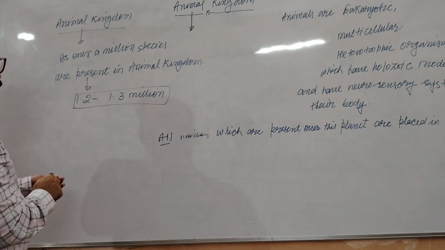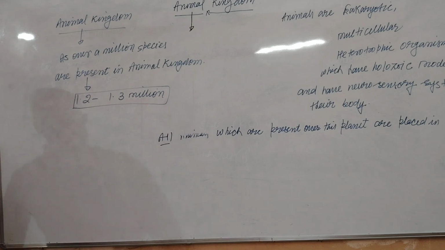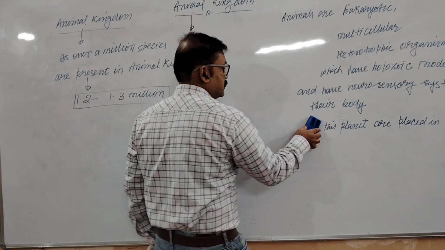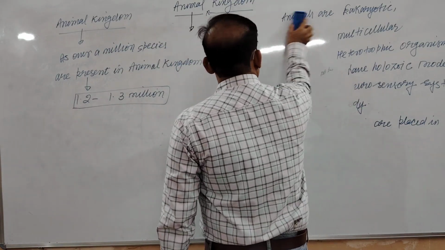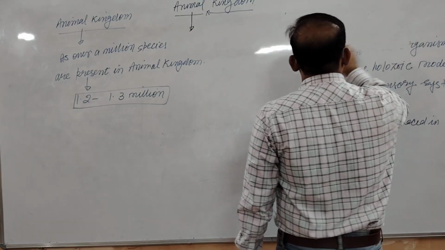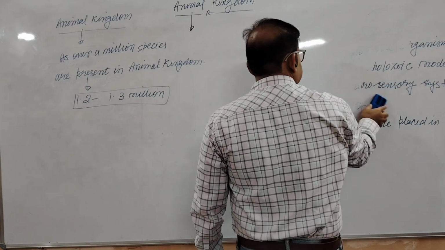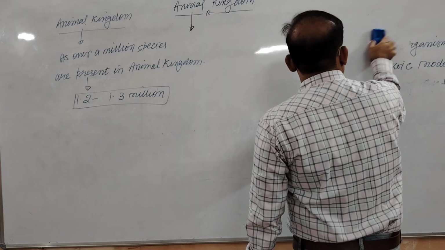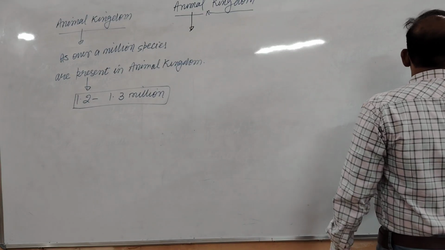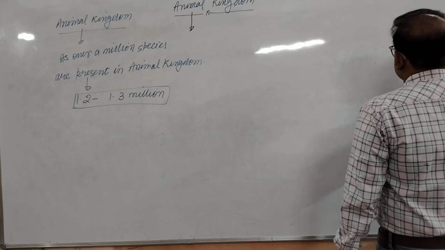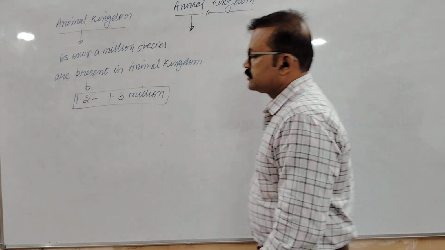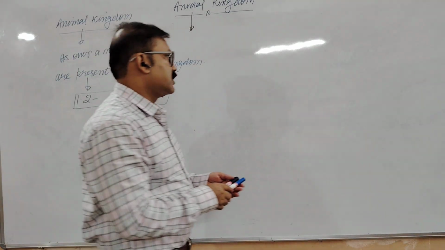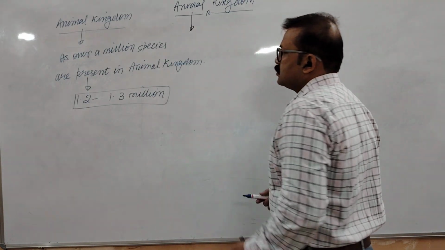Okay. And for studying all these species, what will you do? If there are so many species, then what will you do, my dear students? Please tell me. As you have already studied in chapter 2, biological classification, if there are so many species, what should we do to study them very systematically, in a well organized manner?